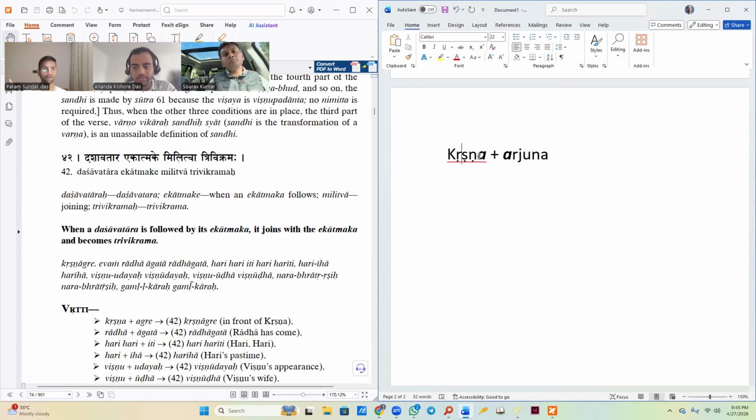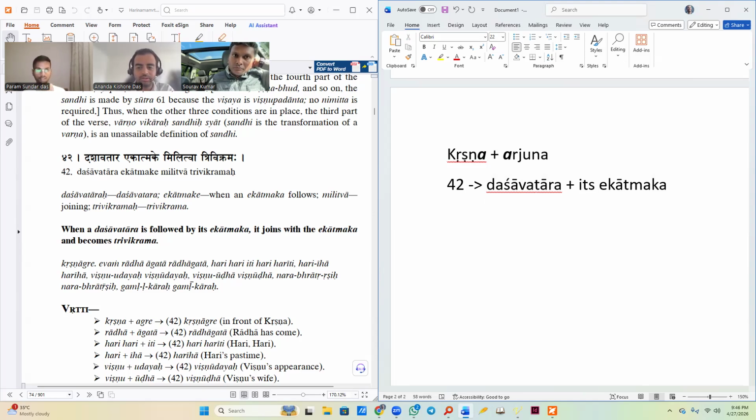So in compounding, there has to be integration in the meanings of the two words. But in Sandhis, it may or may not. The meanings may or may not link. So, Dashavatara Ekatmake Militva Trivikrama. If at the first place we have any Dashavatara, I hope you are understanding the first place, meaning the last letter of the first word, and if its Ekatmaka is following ahead,